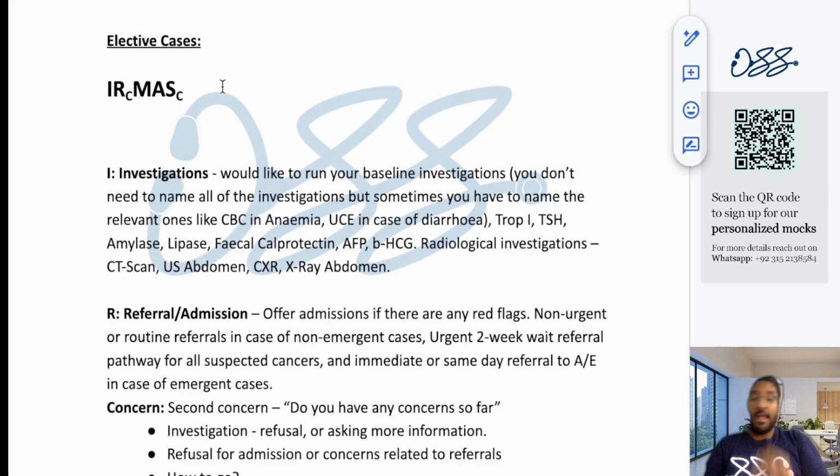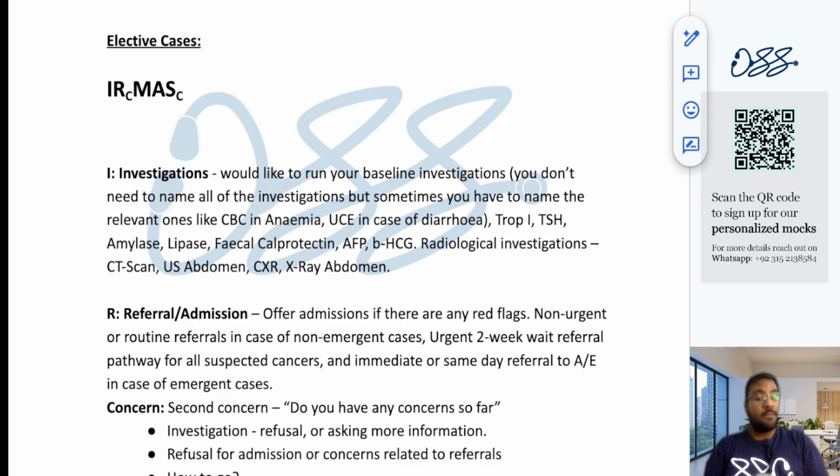Okay, now what I call the management framework or the management protocol is something called the IRMAS protocol. IRMAS. Okay, and this is something that I love teaching. Okay, because the day that I developed this and the day I figured that out, it helped me in my PLAB 2 exam as well when I gave it, and then I could see a major difference in the score that I got in my second attempt. And since then I've been teaching it, I've seen it help a lot of my candidates who took my mocks as well.